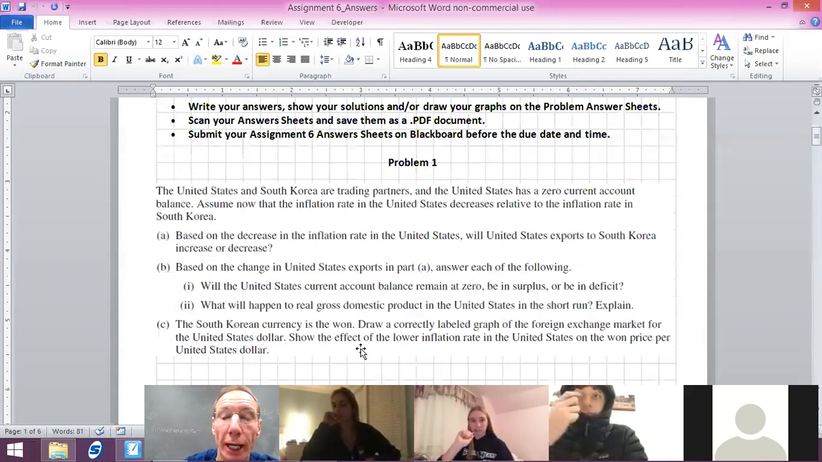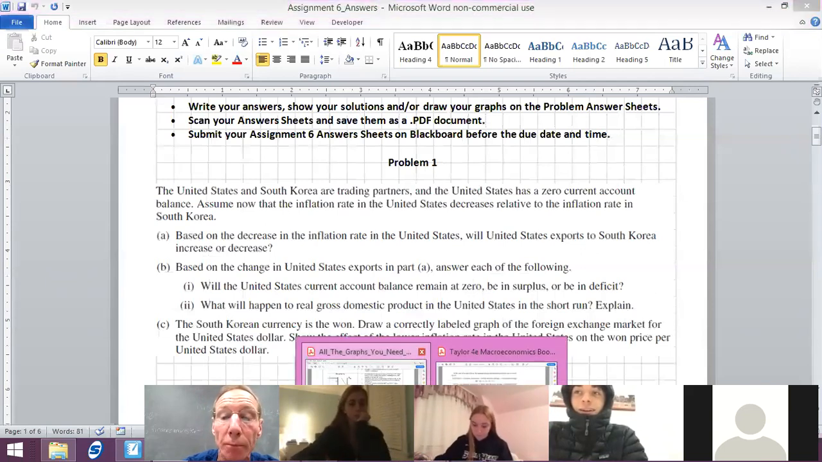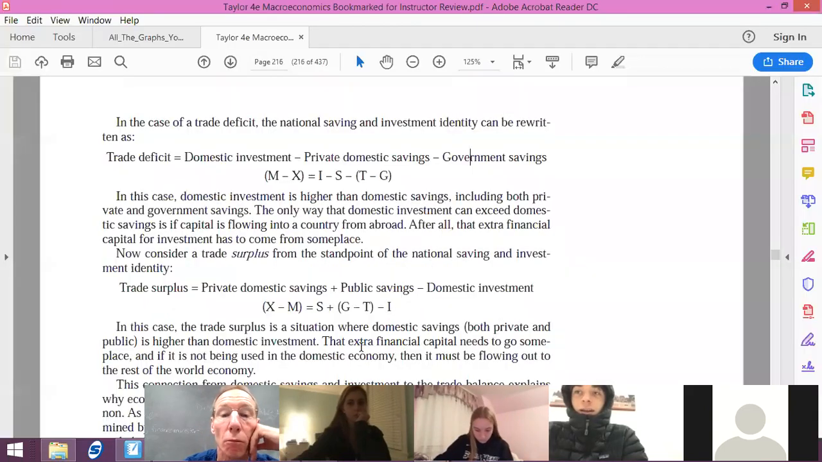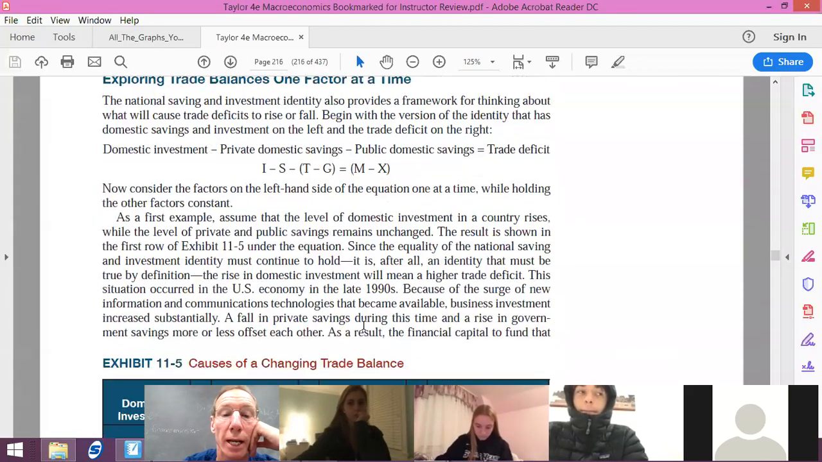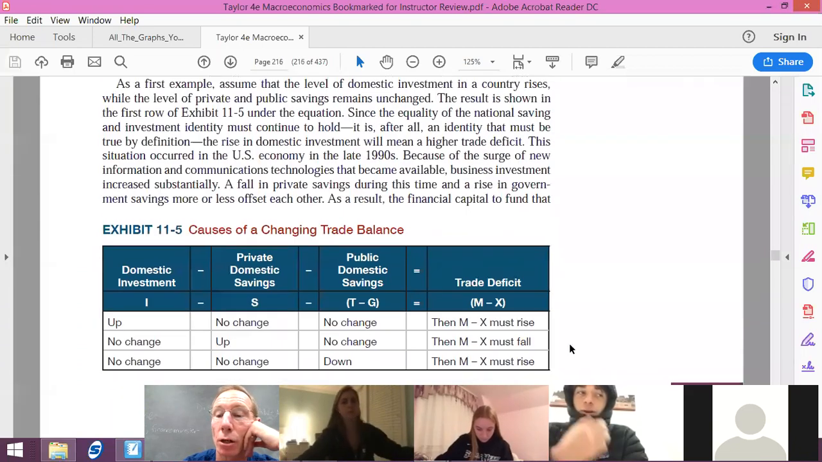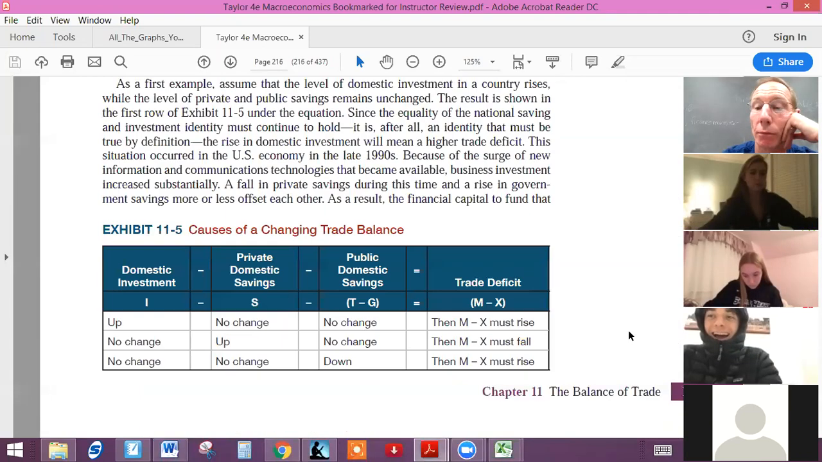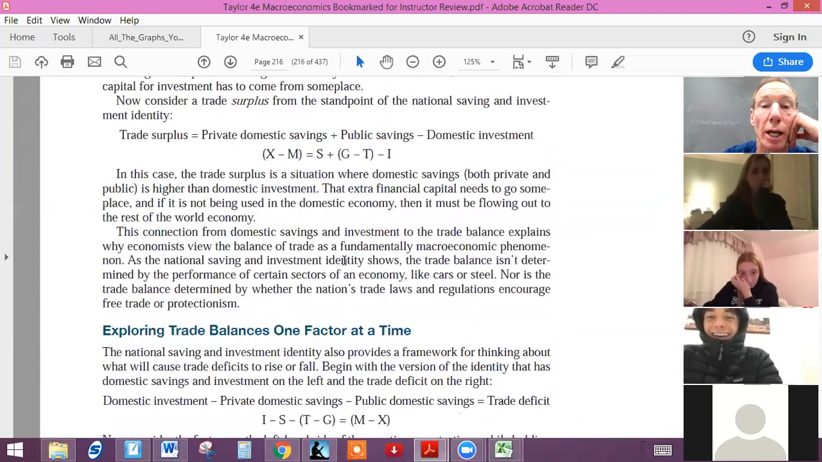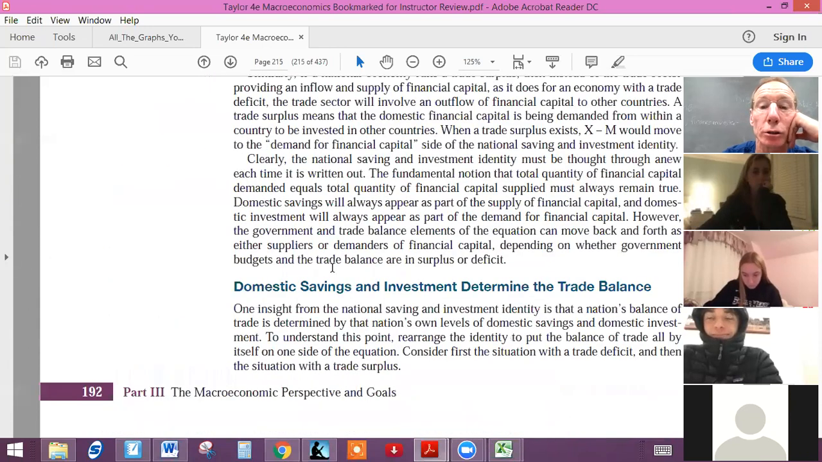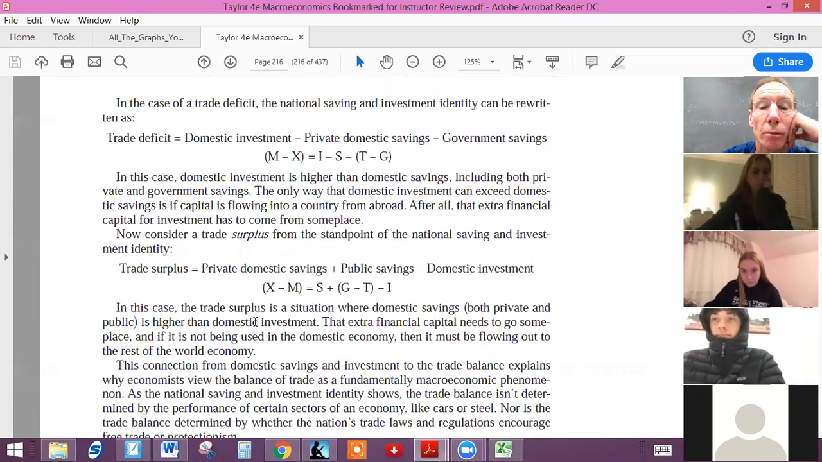Now, before I forget, I don't know how carefully you guys are reading your book. I hope you're reading it very, very carefully, because if you read carefully on page 193, there is a mistake, okay? Right up here, where it's saying that when you have a trade surplus, this expression right here should be